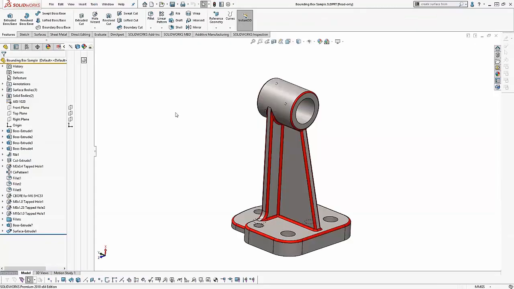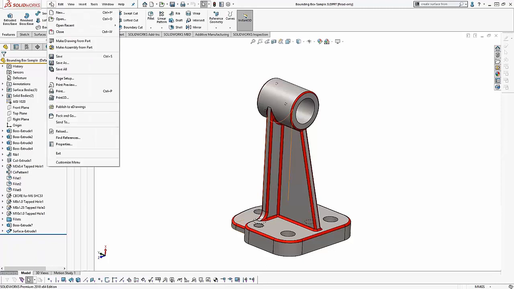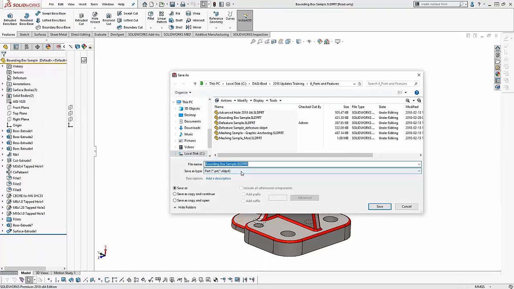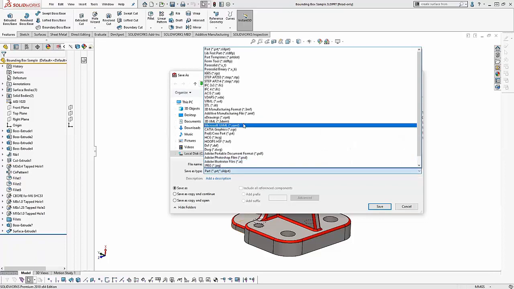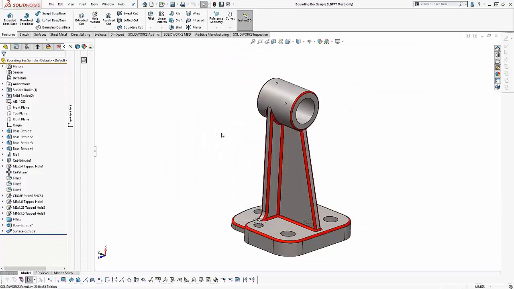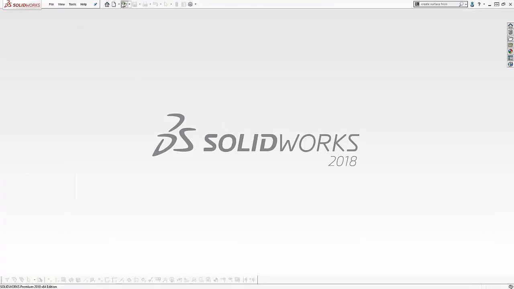So we're going to start with the model for the next demonstration, but we'll do this. We'll save this model as a STEP file. And now, inside of SOLIDWORKS 2018, if we open that STEP file,